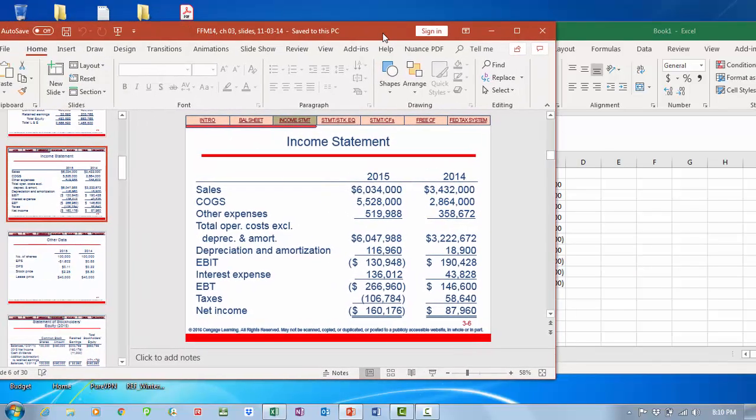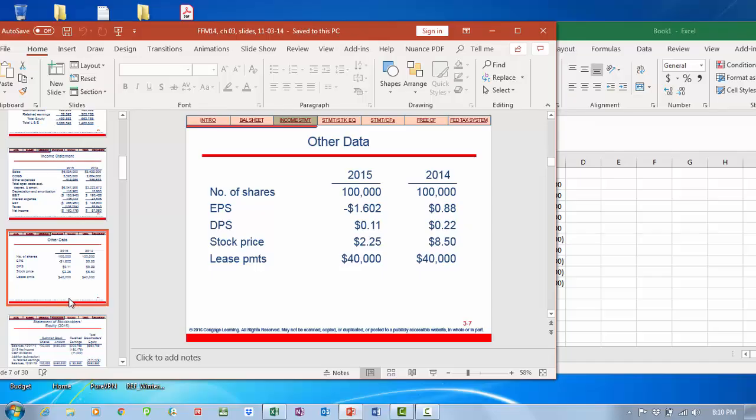Now let's move on. Some of the additional data that's given to us are the number of shares. The company, as we had discussed, decided not to raise additional funds through stocks. It rather has used bonds to raise capital for expansion projects. That's why you see that the number of shares has not increased between 14 and 15. They're the same 100,000. Earnings per share has gone from 88 cents per share down to negative